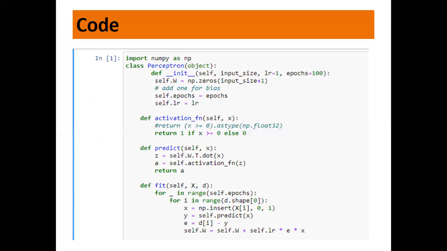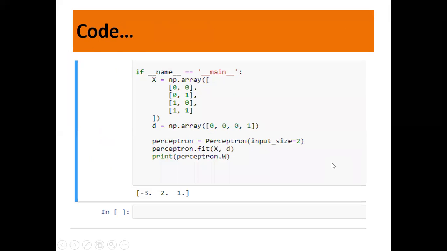Now if you see the same program, you can see in the Jupyter notebook how it is coded. The class, activation function, predict function and the fit function which actually does the weight updation and the prediction. Activation function, fine. Now this is the training data set, the input and the expected output.